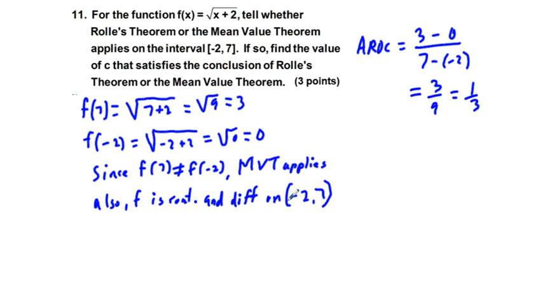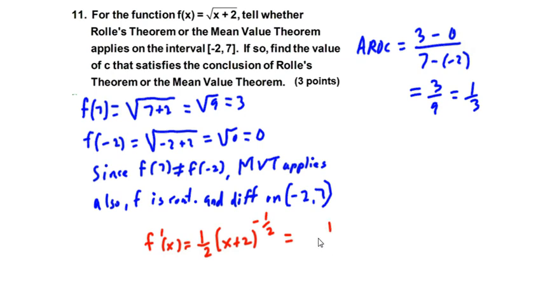And so that's another point there. Next thing we do is take the derivative of this function. So that's going to be f prime of x is equal to this, x plus 2, the square root of x plus 2, is to the 1/2 power. So we have 1/2, we have x plus 2 to the -1/2, and times the derivative using the chain rule, make that to the -1/2 power, and times the derivative of the inside, which is 1. So this is going to simplify to